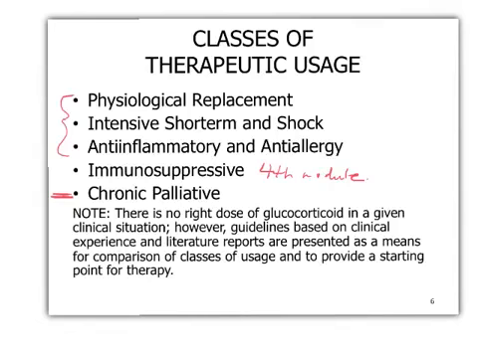So each of these is meant to put you in a certain category of dosage and types of glucocorticoids you want to use. The dosages I'm going to give you are just guidelines. I'm going to focus on using prednisolone because it's something I've become used to using as an intermediate acting glucocorticoid. So the first